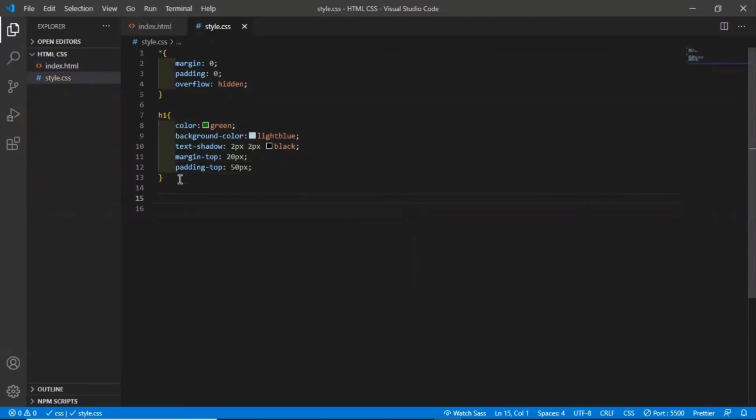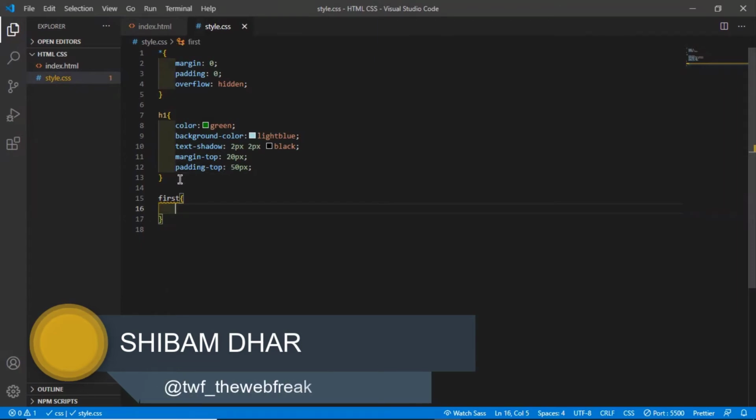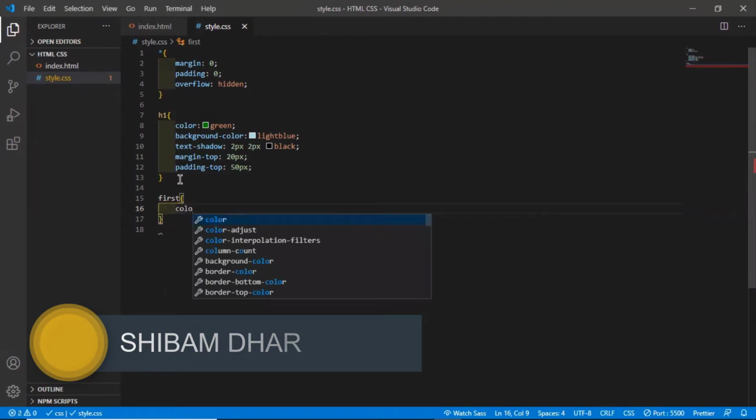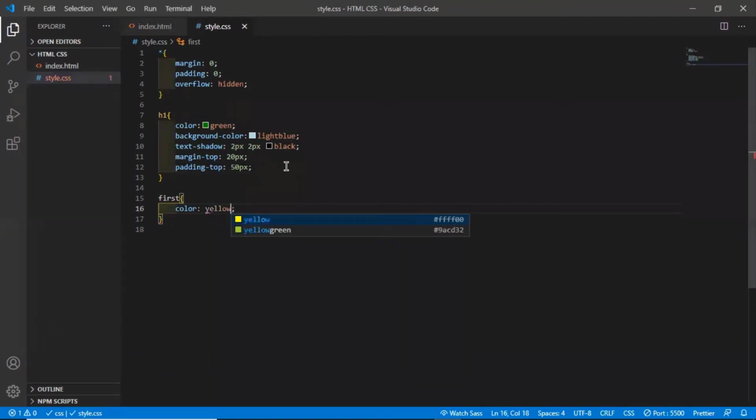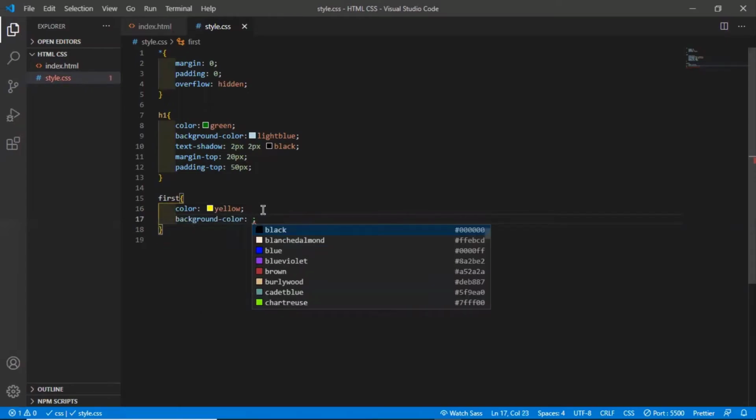Why is that so? It's because there is only one first in the whole HTML file. So let's say I give it a color of yellow and background black. Fine.